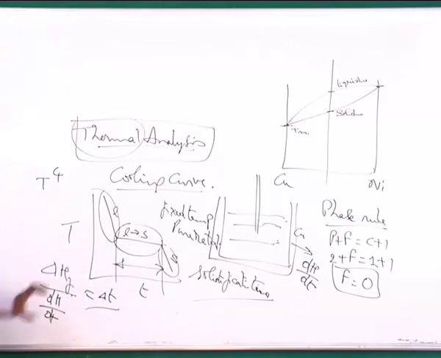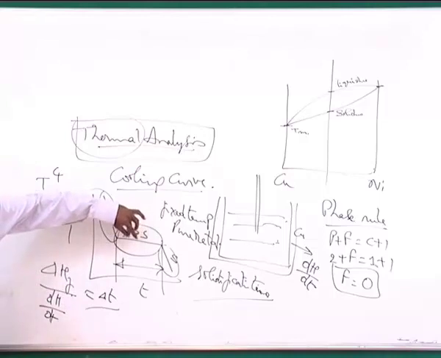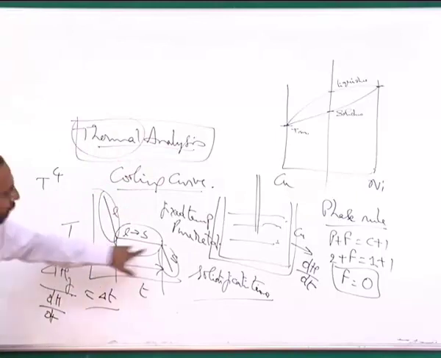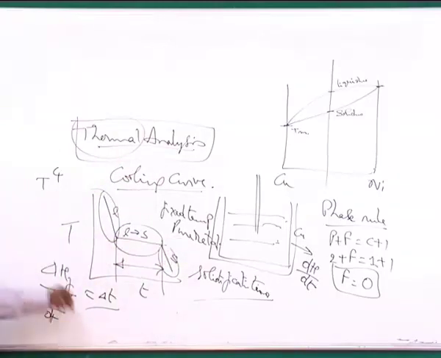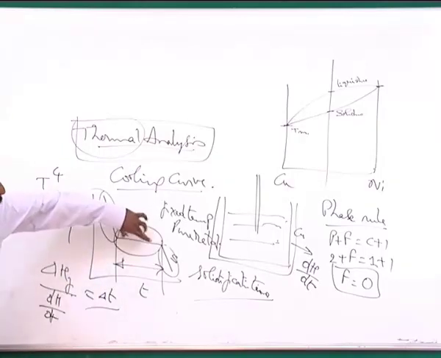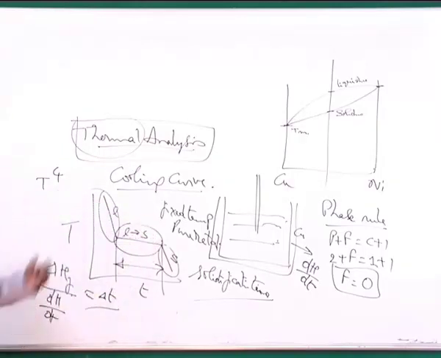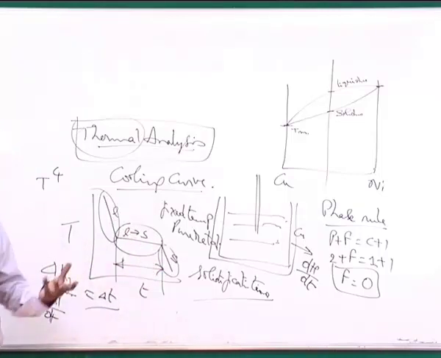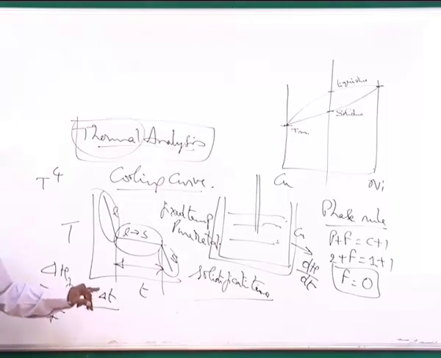So there are two parameters which will influence this. For example, if I have a smaller delta HF, this will be smaller. If it is a larger delta HF for the same heat extraction rate, you will have a larger value. Particularly when you have large freezing range alloys, this will generally be larger. And if you have a mold which has a fast heat extraction rate, for the same amount of heat to be removed, the solidification time will be smaller. So that's why if you are solidifying a metal in a sand mold or a metallic mold, the time of solidification is going to be different because the rate of heat extraction is different.